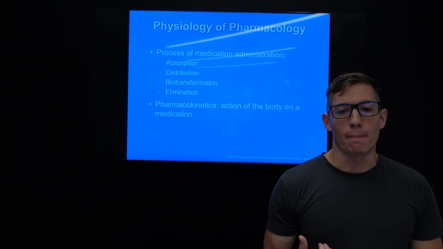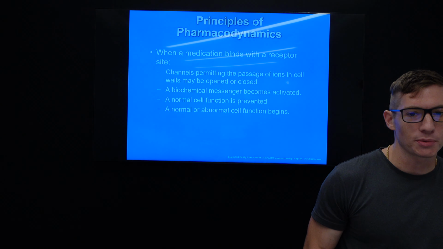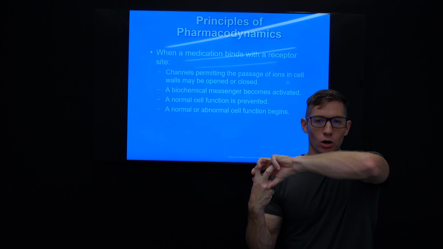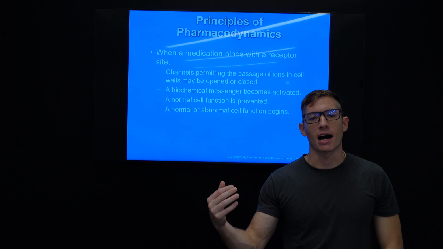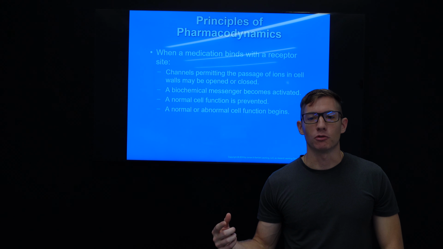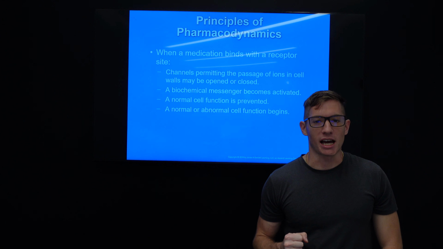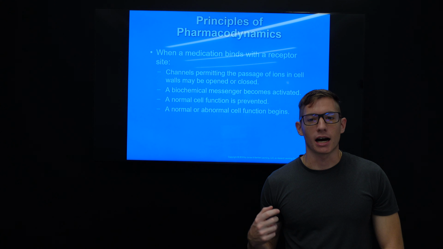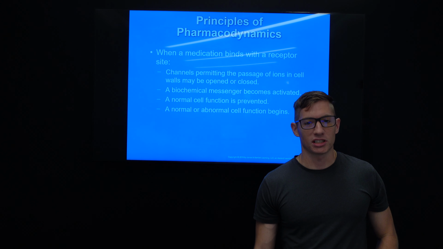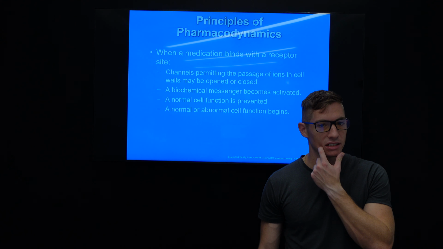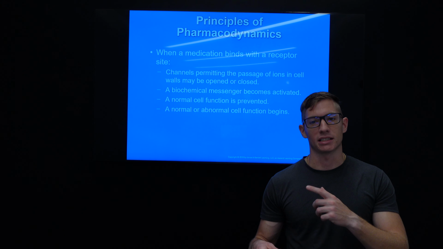Pharmacokinetics is the action of the body on a medication. So when a medication binds with a receptor site, one of the four actions will occur. We have channels permitting the passage of ions in a cell wall that will be open or closed. A biochemical messenger becomes activated, initiating other chemical reactions within the cell. A normal cell function is prevented, or a normal or abnormal function of the cell begins, something that it's not